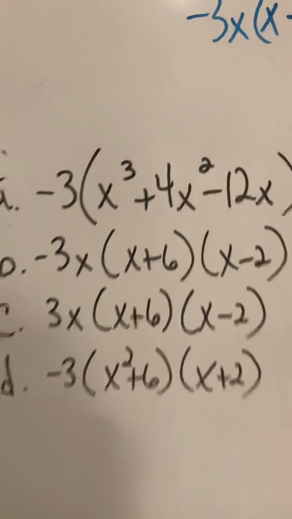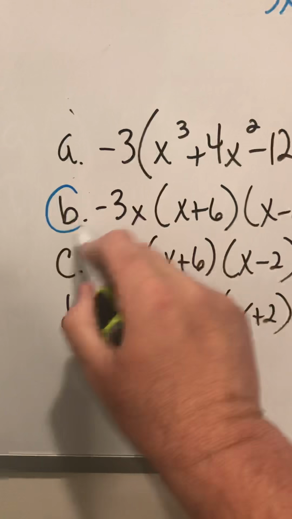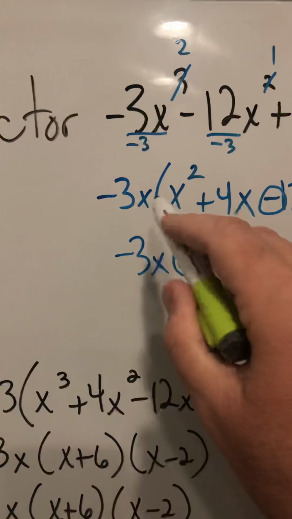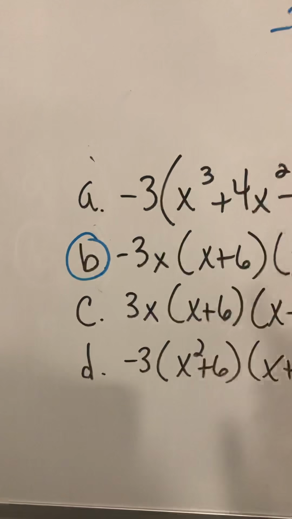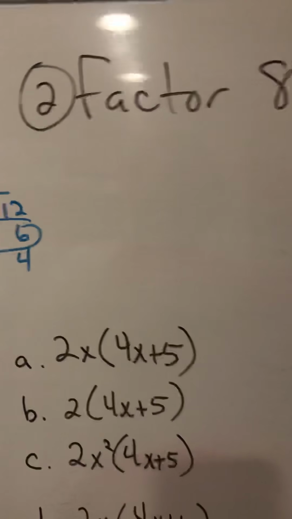So if I go down here, which of those look like the answer? B. Now, the shortcut on this would be, I factored out a -3x. If I go down here, which one of these has a -3x? There's only one answer. The answer would have been B. You didn't even have to do all this. So if I go to number 2 now,